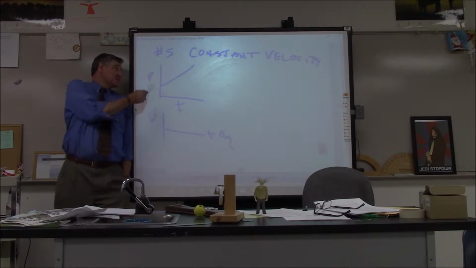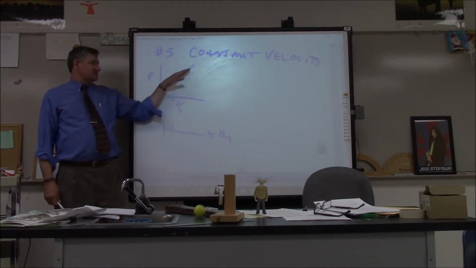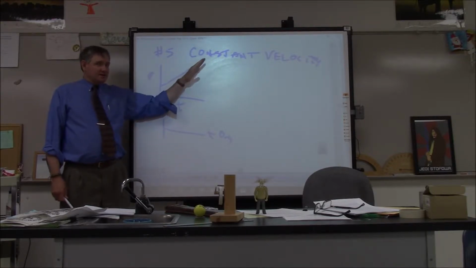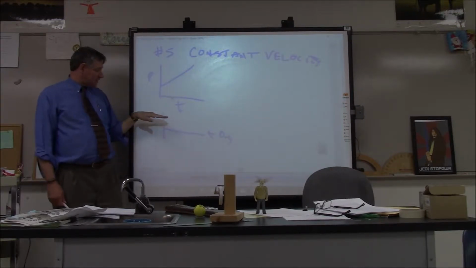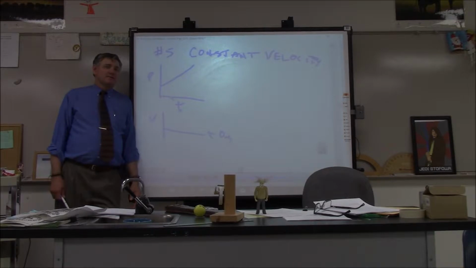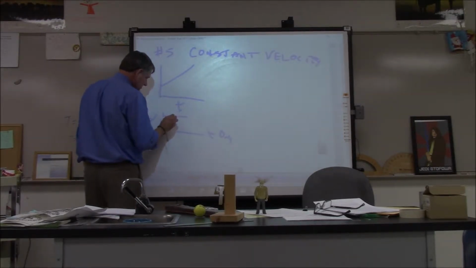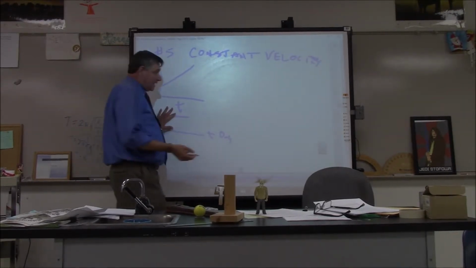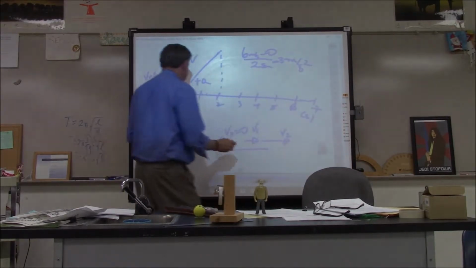Matt, what does the slope of a position time graph give you? Velocity. Is this a constant slope? Yes. So therefore, I'm going to have a constant velocity. So how do I show a constant velocity, you think, on a velocity time graph? That was a straight line. Right? So this is going to go across like this. It's going to be some positive number. So now, with that in mind, if I come back over here to the problem here, okay?